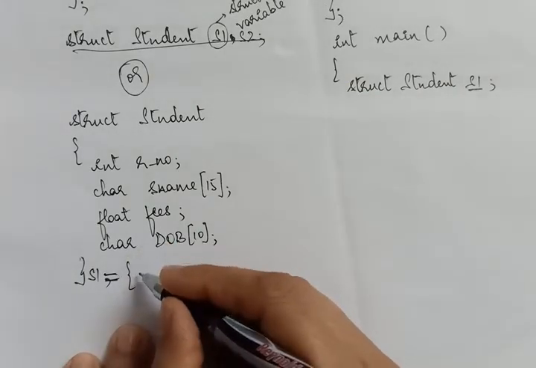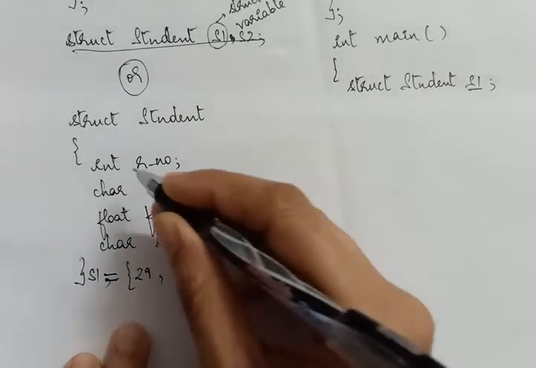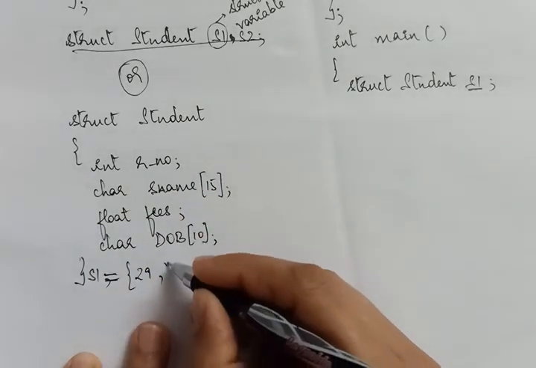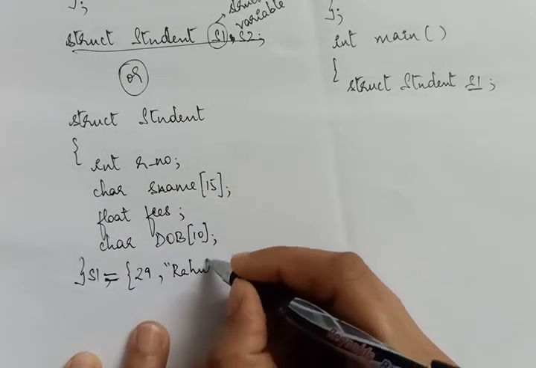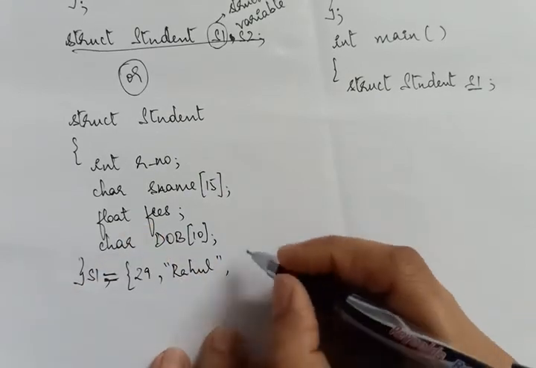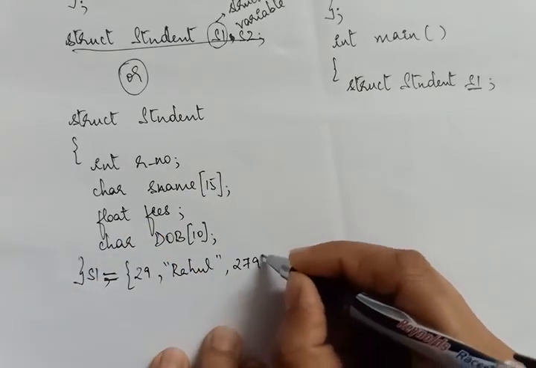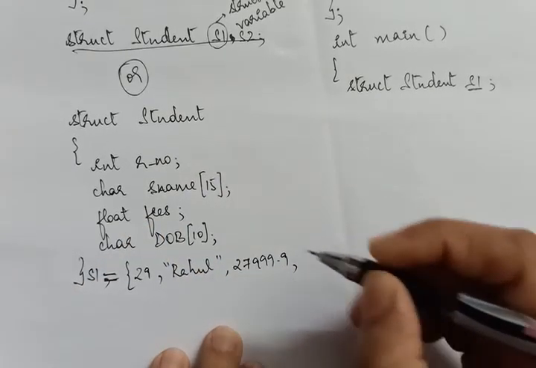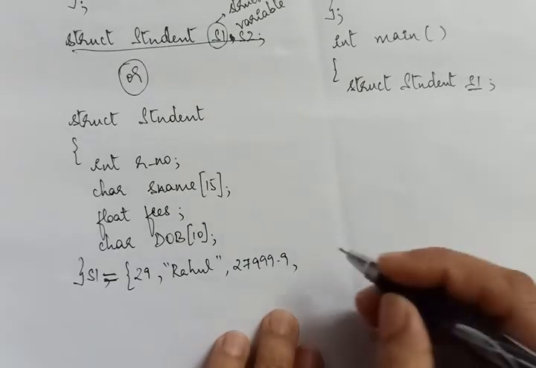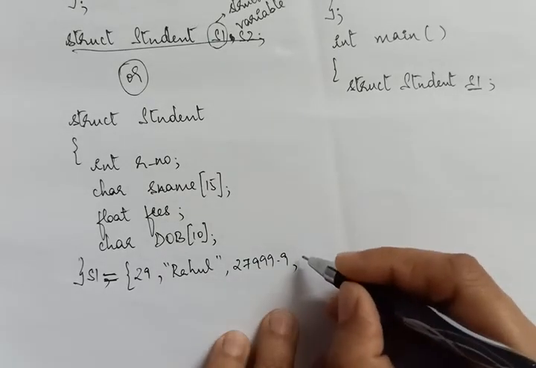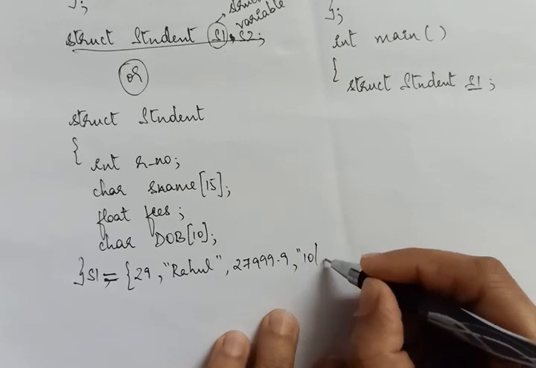So how do you do that? 29 is for roll number, for name you give Rahul, and for fees you give something like this, and date of birth, I'm sorry for the background music, and say suppose